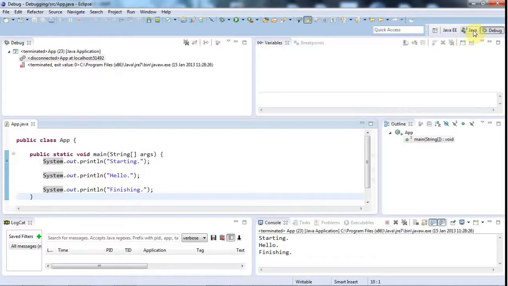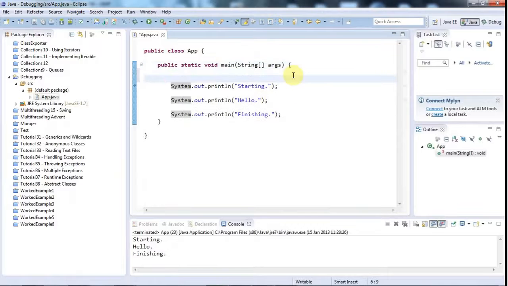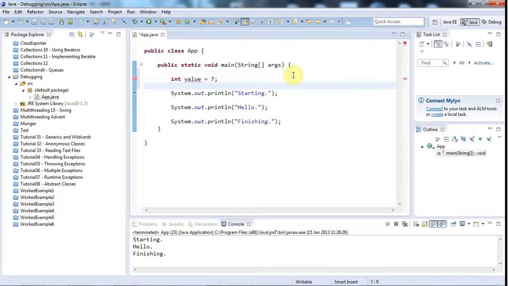And let's go back to the Java perspective and let's make this a bit more complicated to make this more interesting. What I'll do is, let's first take a look at variables in debugging. So I'll create a variable here, let's say int value equals 7. And then somewhere in the program, let's say